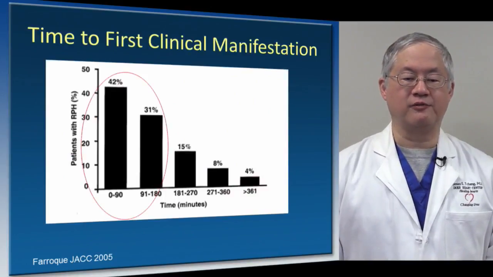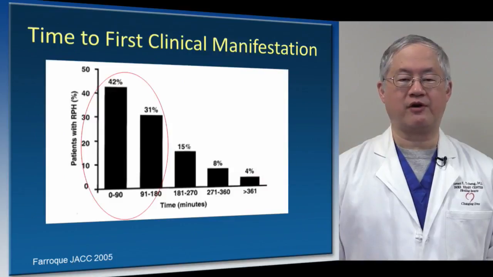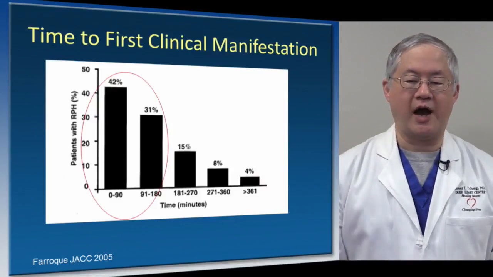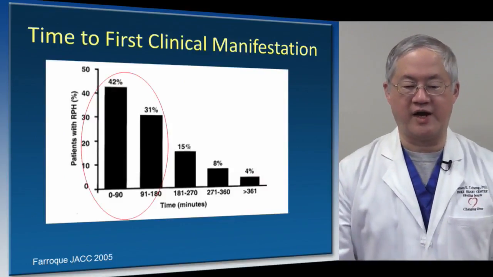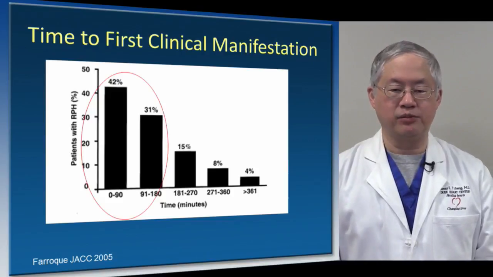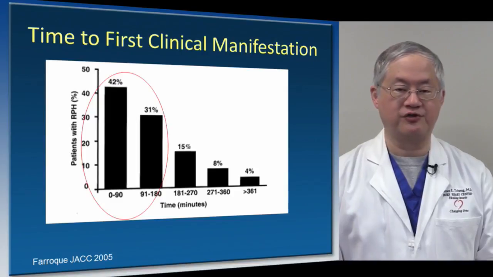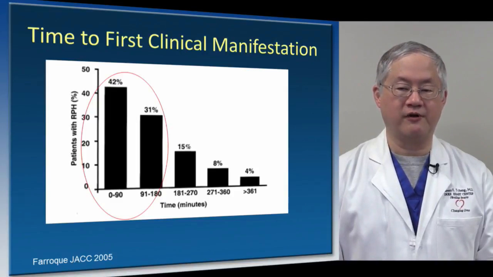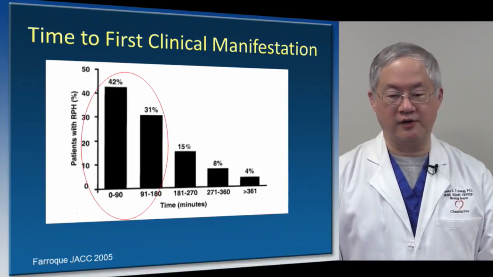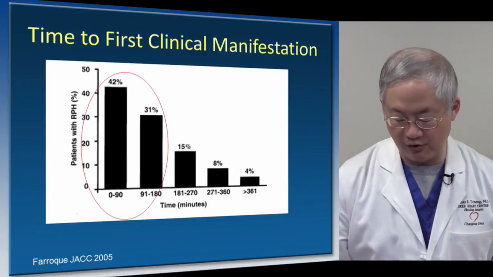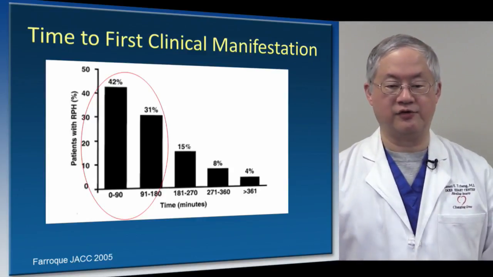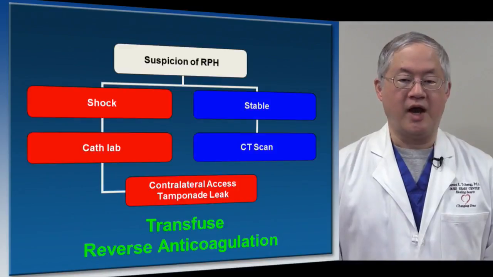The time to first clinical manifestation is important. Most of the time it occurs early, but notice that even out to the 5, 6, 7 hour range, patients can bleed or start bleeding to the point where they actually have hypotension as the first clinical manifestation. So don't think you're out of the woods just because you finished the day and you've gone home. It is not over till it's really over. How do you then